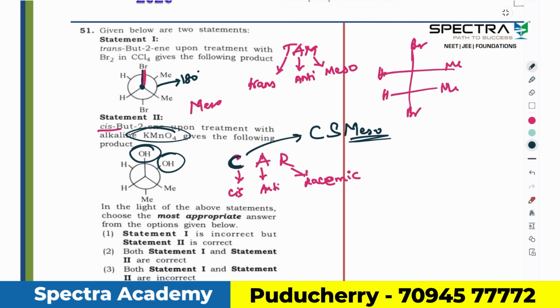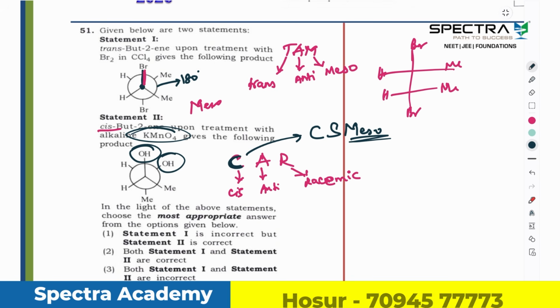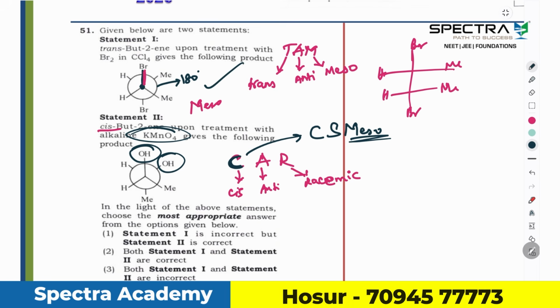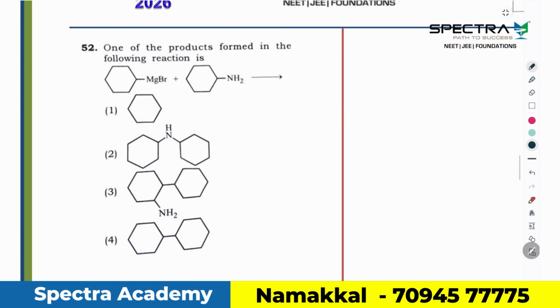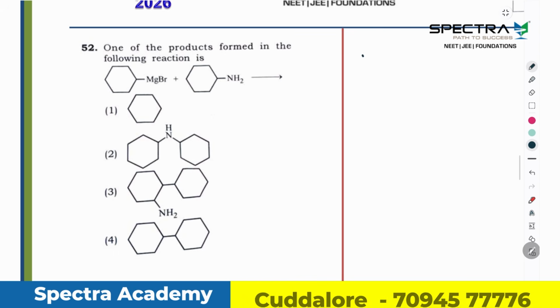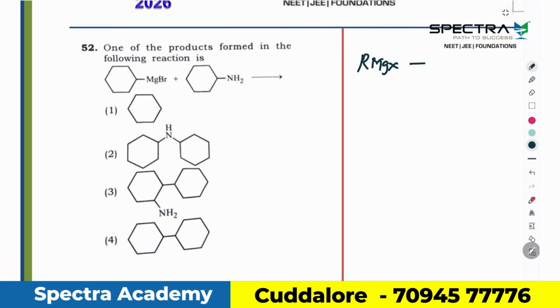So here, what is the correct answer for the 51st question? Statement 1 is given as meso, which is correct, and statement 2, this is not meso, which is incorrect. So the answer for the question is option 4. Question 52. One of the products formed whenever a Grignard reagent is treated with a primary amine